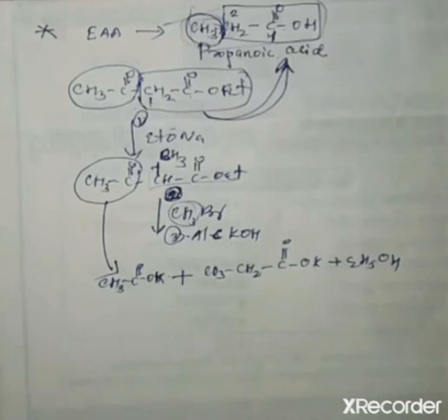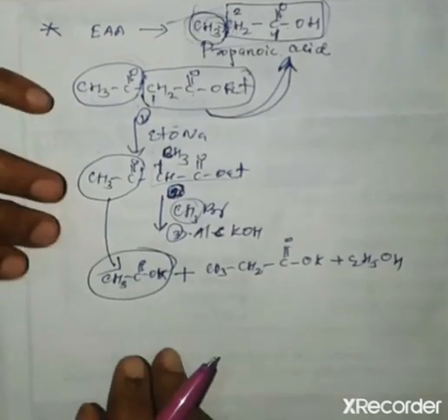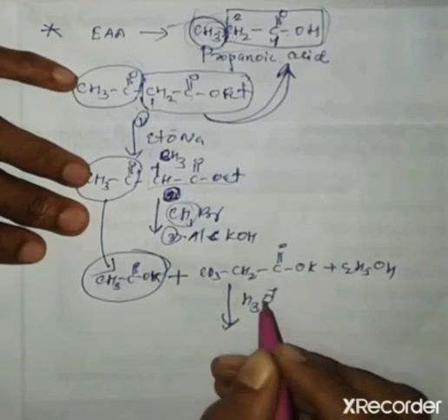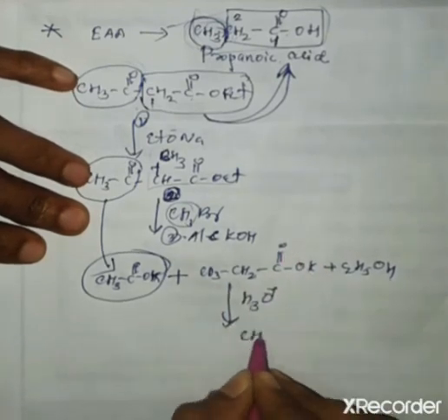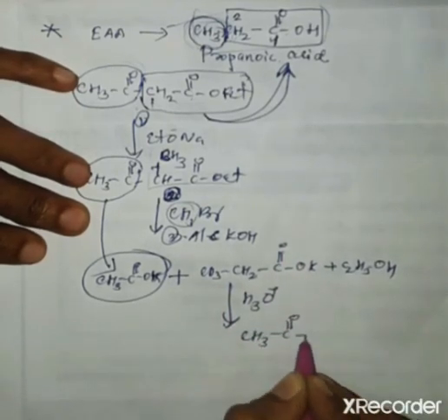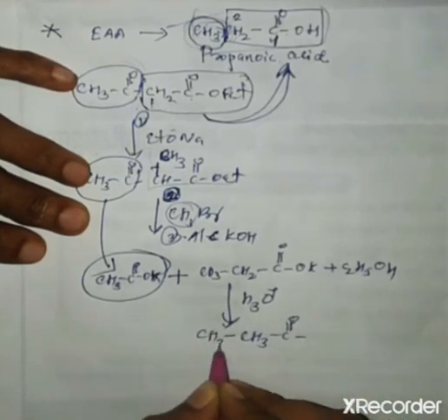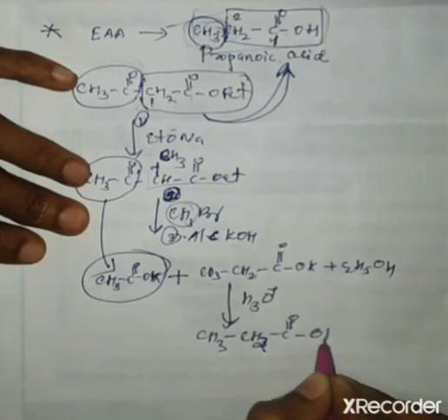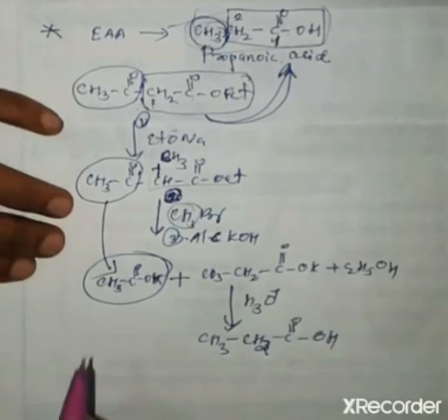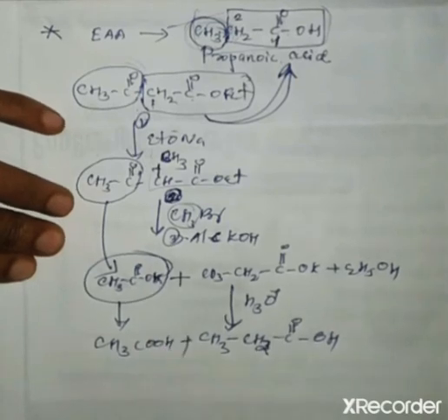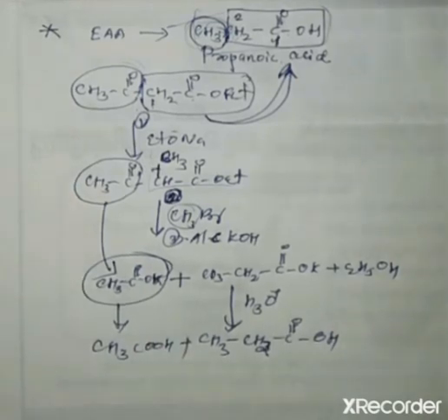Acetic acid is a byproduct of all these syntheses. In the synthesis of monocarboxylic acids, acetic acid is a byproduct. Then it undergoes acid hydrolysis. We can get the corresponding acid, that is CH3CH2 C double bond O OH, the propanoic acid, and it is converted into CH3COOH, acetic acid. These are the steps involved in the synthesis of propanoic acid.